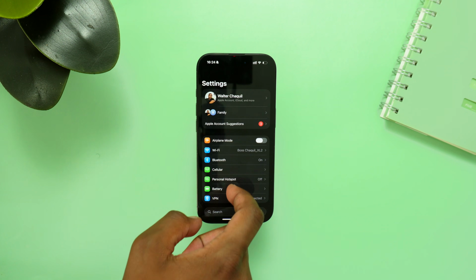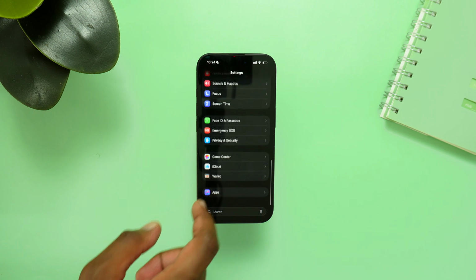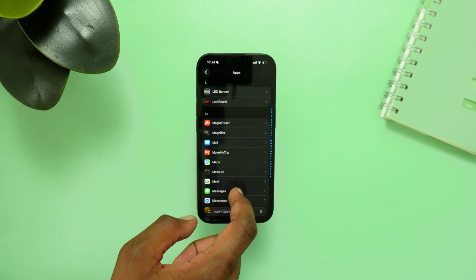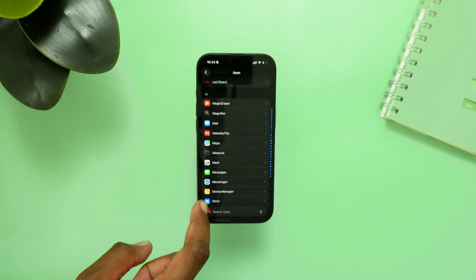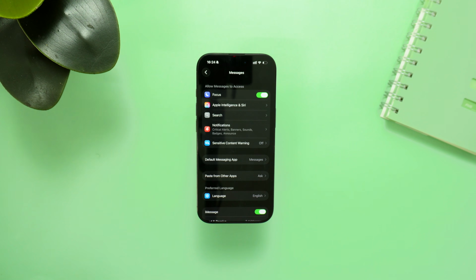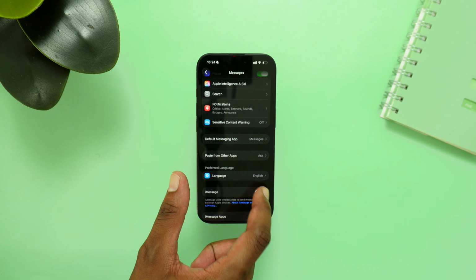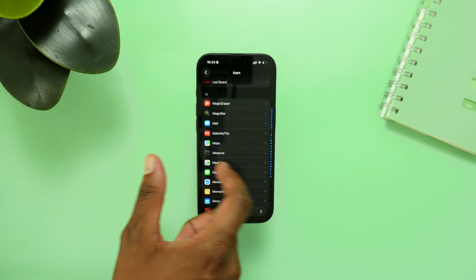Let's hop into settings. Let's scroll down all the way to apps down here. Hop into apps real quick and then scroll down all the way to the letter M and search for messages. You want to hop into messages real quick in here, and then you want to scroll down all the way to iMessage. You want to turn it off and then turn it back on, okay, and then see if the